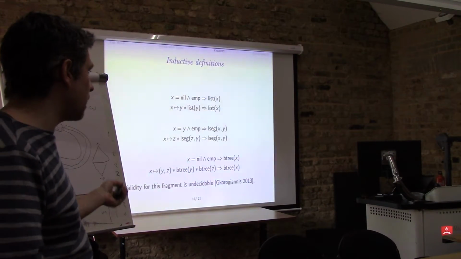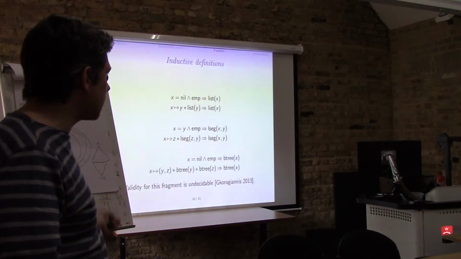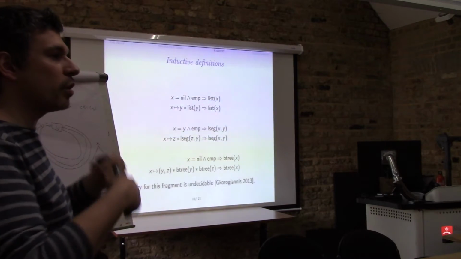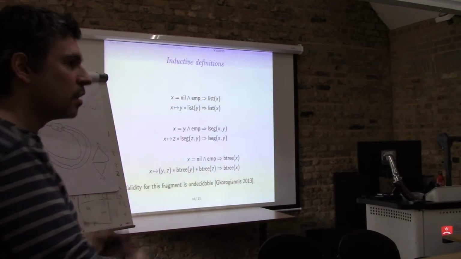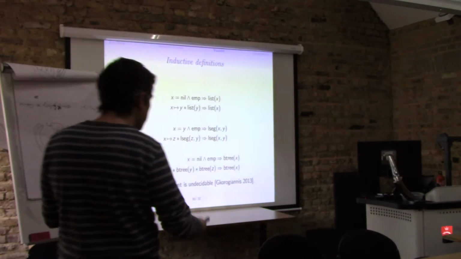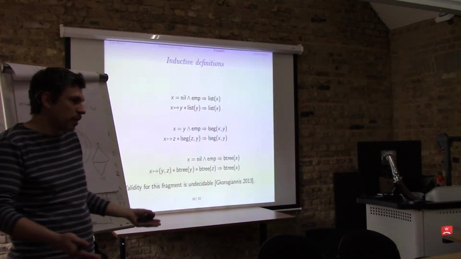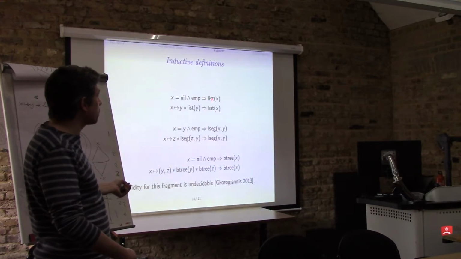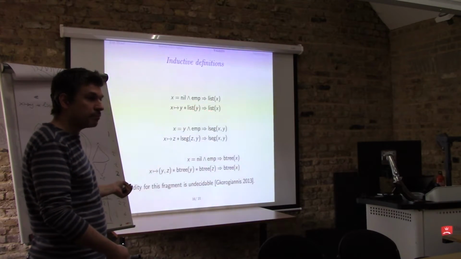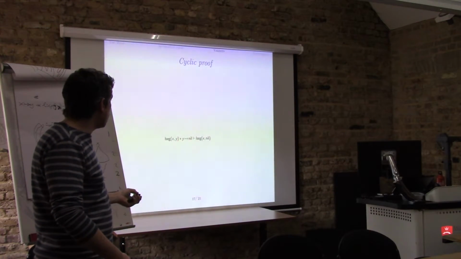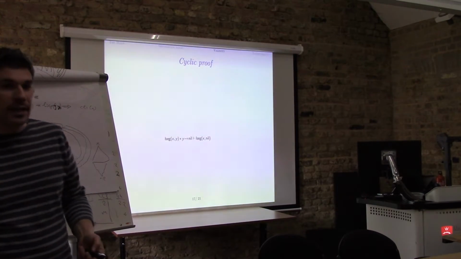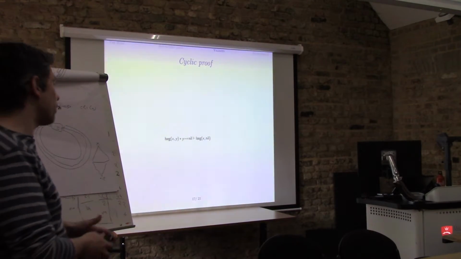The crucial thing here is that all these things point to induction, right? So when you're trying to prove a fact about these things, you have to resort to some proof method that is akin to induction, okay? Because these are least fixed points, if you like. Okay? And one of these methods is cyclic proof. So I'm going to run you through very quickly